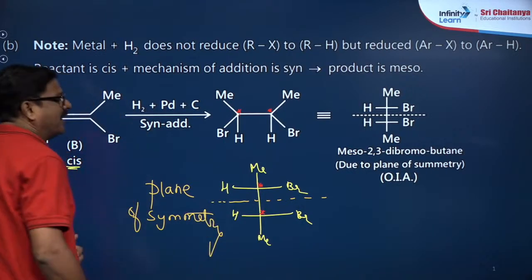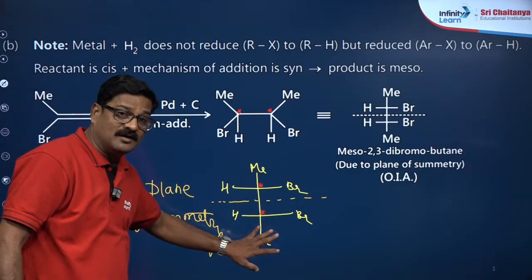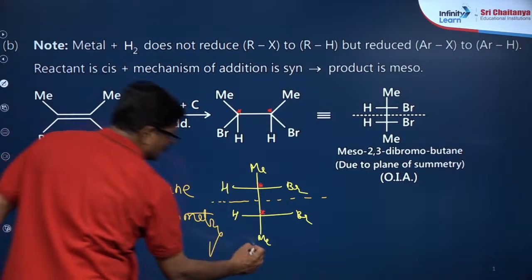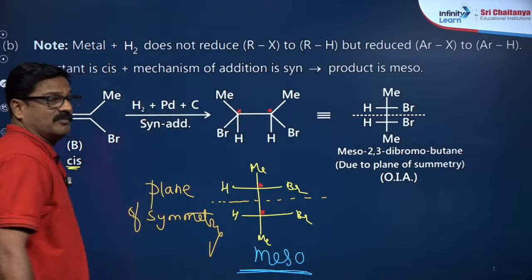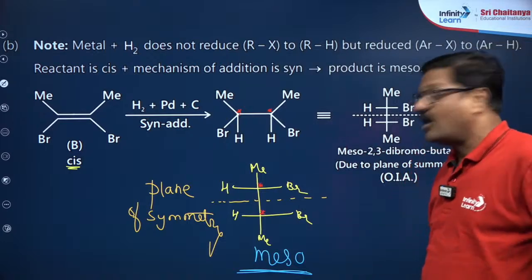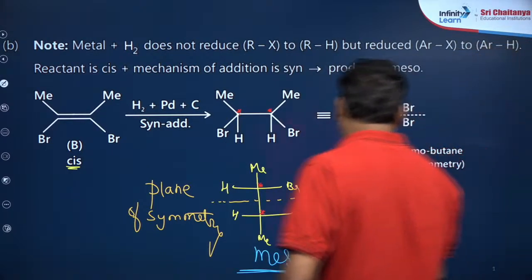ये प्लेन ऑफ सिमेट्री के वजह से ये ऑप्टिकली इनएक्टिव होगा. So this compound is known as meso compound. मीसो कंपाउंड जो है ये प्लेन ऑफ सिमेट्री का वजह से ये ऑप्टिकल इनएक्टिव हो रहा है. That is called meso compound. The product is meso